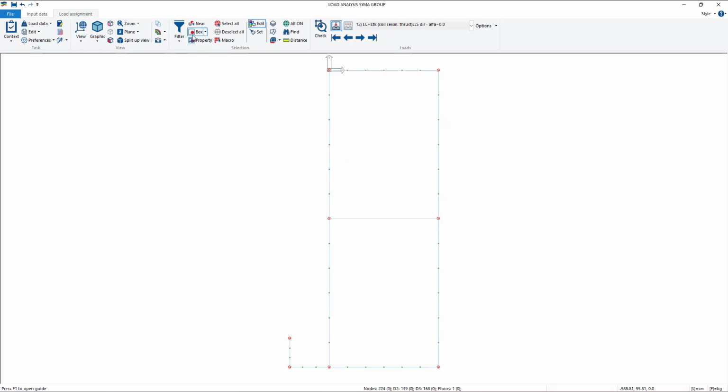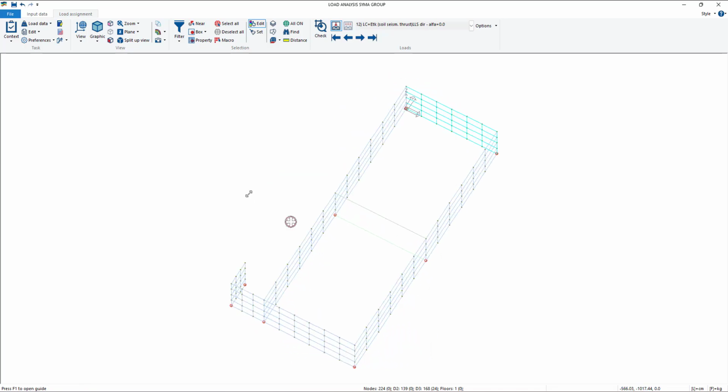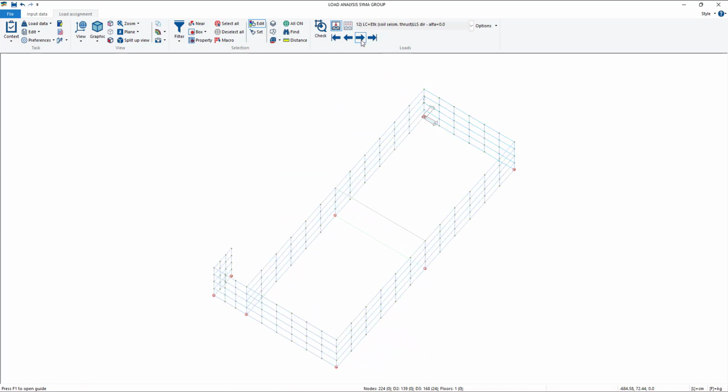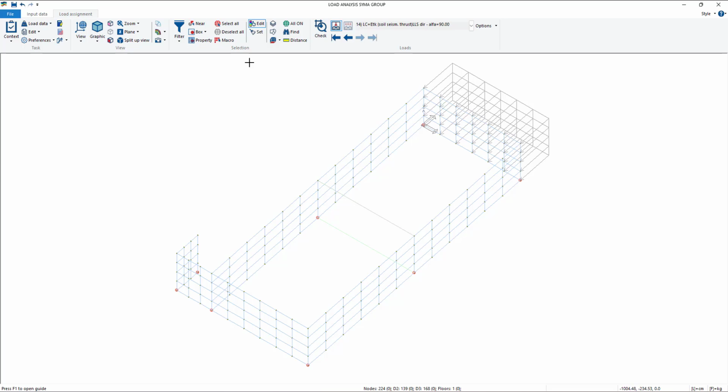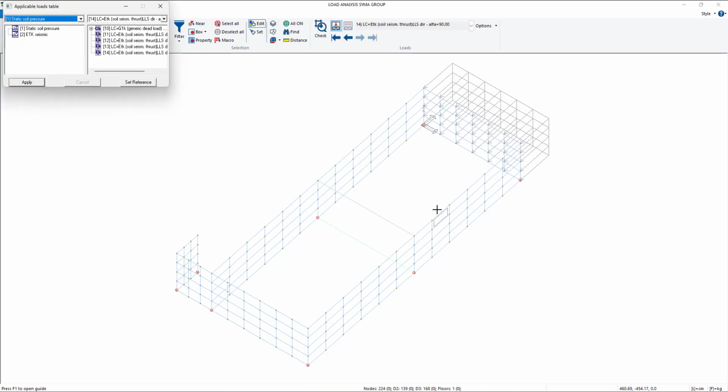Once again with the Z view box, assign reference. Okay, we still have the previous one. Seems everything is good. So again, edit on this wall.